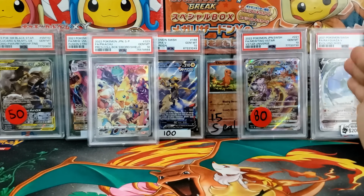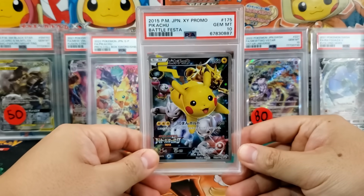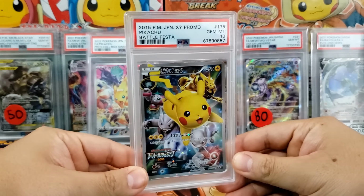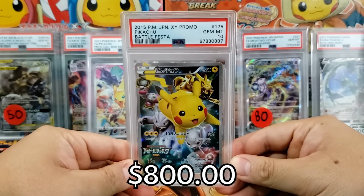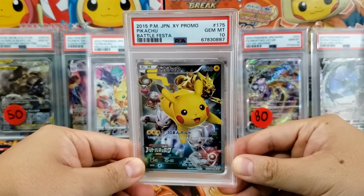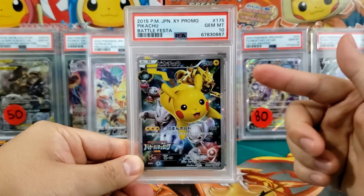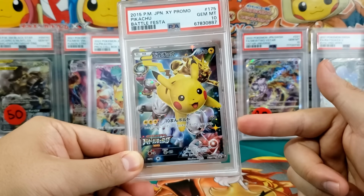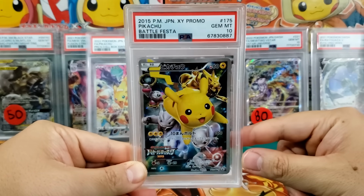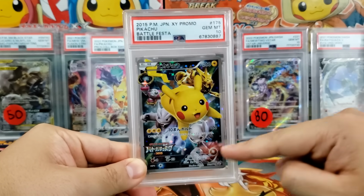some of these because they're Pikachu promo cards from years ago, and that includes the Pikachu Battle Festa card from 2015. This card is so much more affordable right now. It's only going for right around $800. That's how much I spent to pick it up. Gorgeous looking card. It's a little bit unfortunate because it is computer generated artwork, and you guys know how I feel about that. But I love the Pikachu cards where there's just a cameo of a lot of other